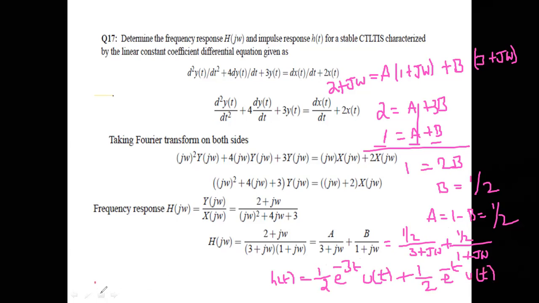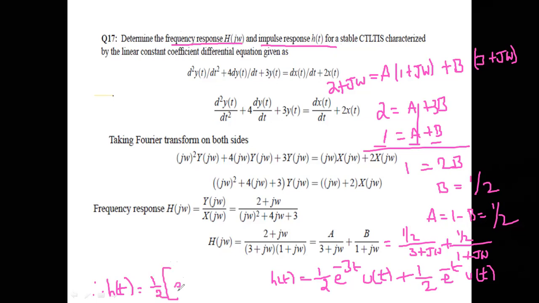So finally, the inverse Fourier transformation gives the impulse response h of t. You have to determine the frequency response H of omega and the impulse response h of t. H of t is equal to, taking the common factor of 1 by 2,